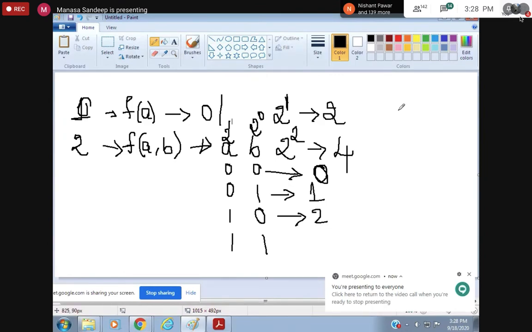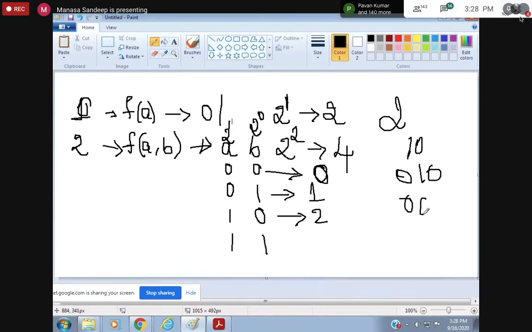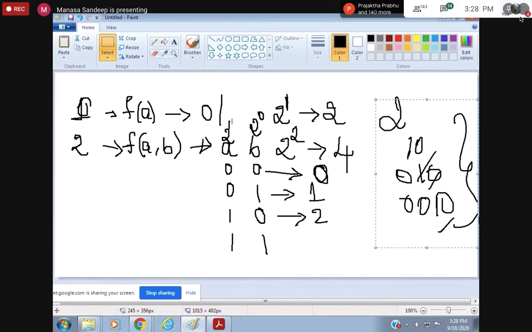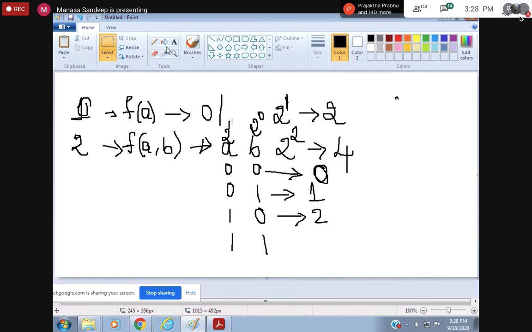When I say 2, you're not supposed to write 2. If we are dealing with 2 bits, then you have to write 1 0. If we are dealing with 3 bits, then you should write 0 1 0. If we are dealing with 4 bits, then you should write 0 0 1 0. So you should be fast in all these things. Got it? That's why this basic knowledge is very, very important. Fine. So this 1 1 is nothing but 3.